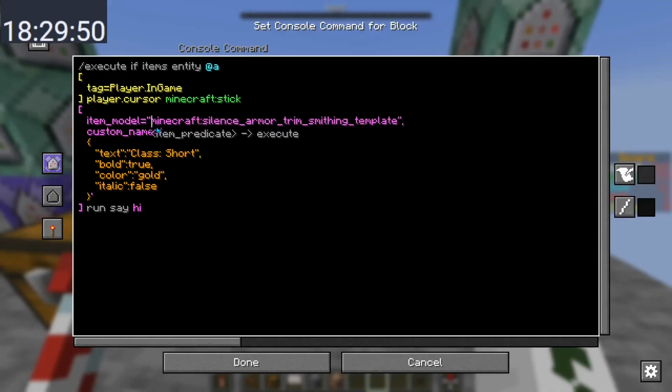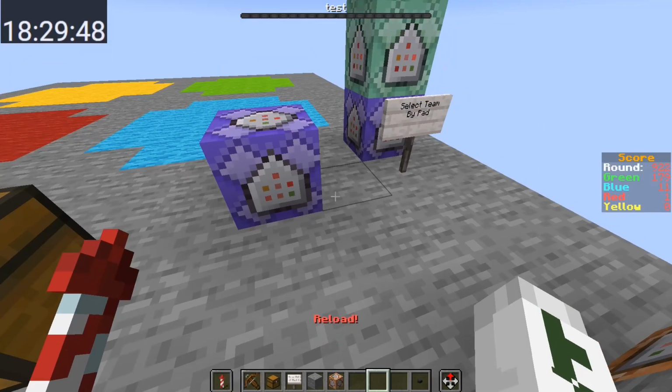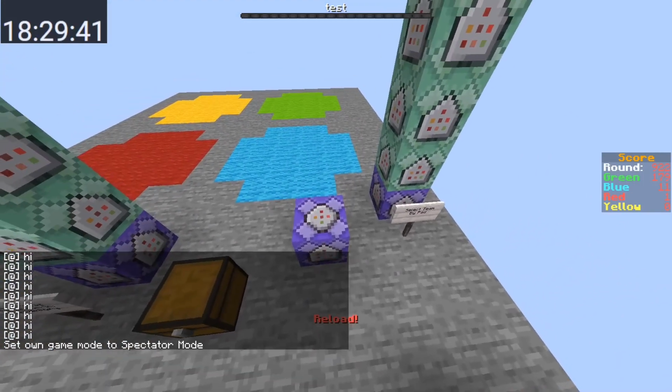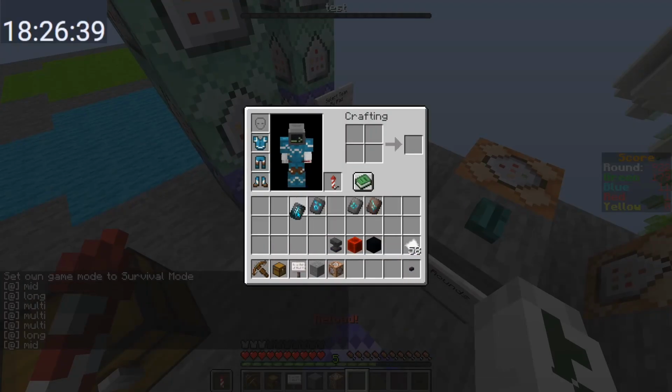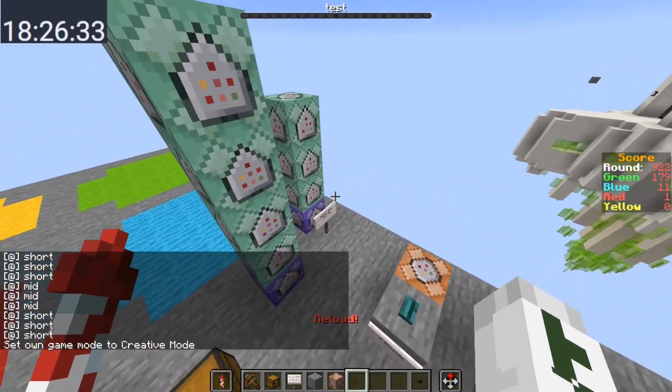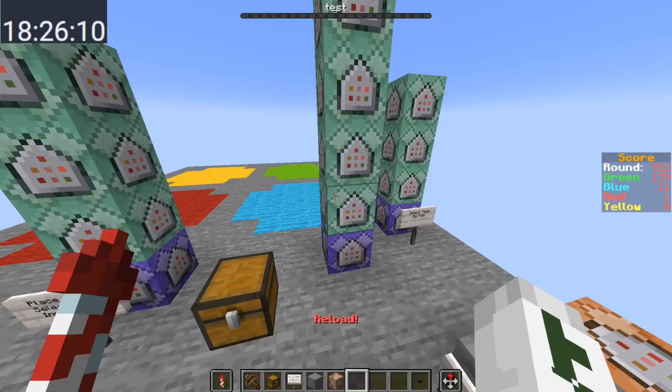Oh wait, I know exactly why this isn't working. Because I'm in creative mode. Cursor doesn't work in creative mode. We're good. Oh, look at that. We get 1 in the chat. And we'll be able to pick up other stuff too. That's really good. We have detection working. Now we just have to set these up to...